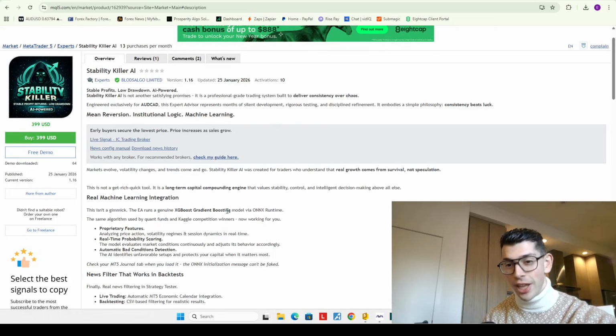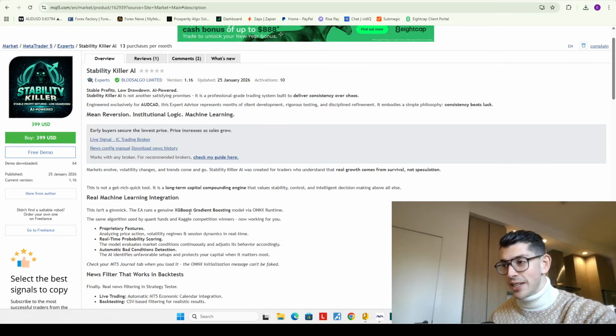Some of these pages are so blatantly jargony and it looks like ChatGPT wrote it. And they use things like the neural quantum framework, blah, blah, blah, which is just blatantly fake, right? There's no way you can put a quantum computer in an expert advisor. MQL5, I'm pretty sure the language was written in 1997. Good luck putting quantum computers in that. Whereas here, the type of AI he's referencing is something that I've actually also put in an expert advisor. So I know for sure that this works.